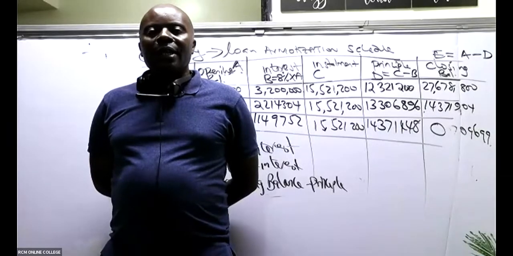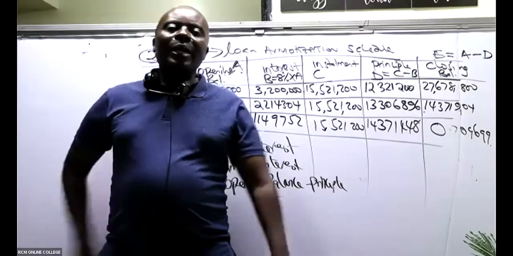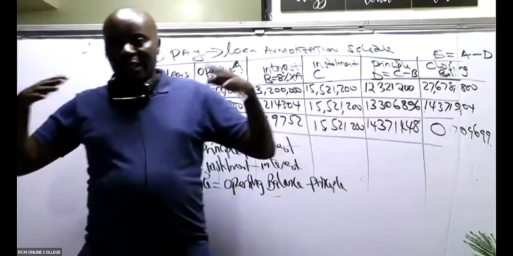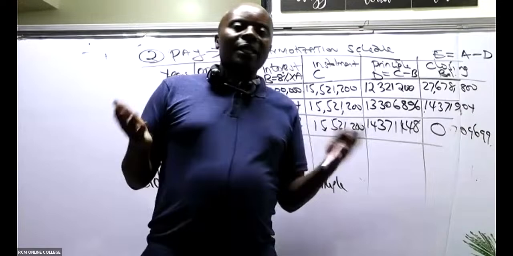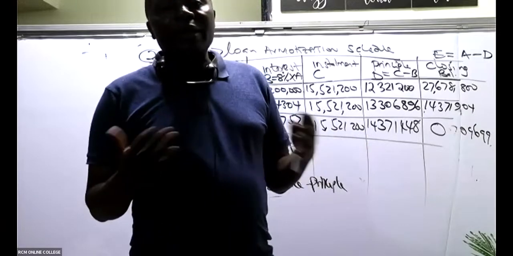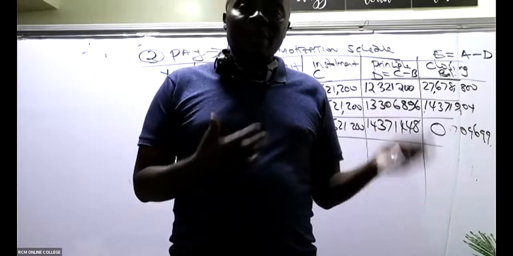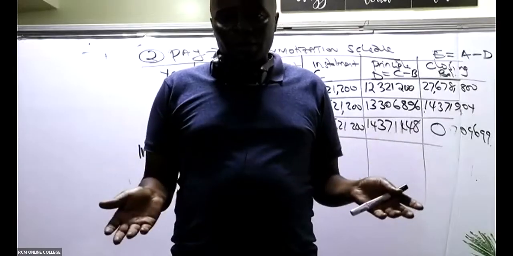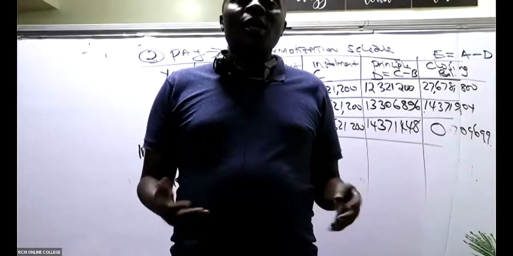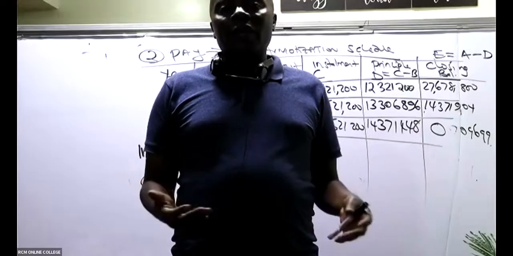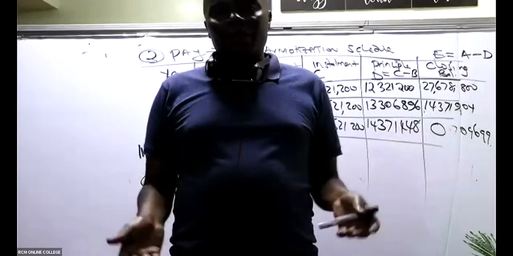All right. Ladies and gentlemen, after that, now I've been able to pay. This thing has amortized to 0. The next thing then, I'm in business. When I'm in business, I must always think about the impact of this in my financial statements. So the next thing that you will do is to go ahead and give us an extracted income statement, because